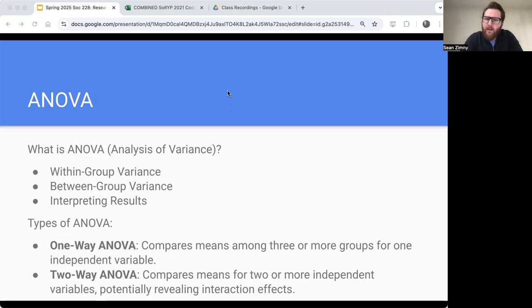Two-way ANOVA tests compare means for two or more independent variables, potentially revealing interaction effects. So a practical example of this would be maybe you're studying the effect of study methods on test scores, and the independent variable is the study method. So whether it's a group study or individual study or not studying at all, and the dependent variable would be